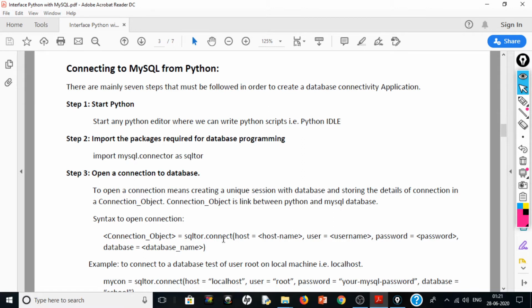Dot connect is the method which requires the host name, that is the address of the machine. If the data is on the local machine, we will use localhost. And then user equal to the username of your MySQL installation. Password is equal to the password of your MySQL installation, and the name of the database which you want to connect. For example,